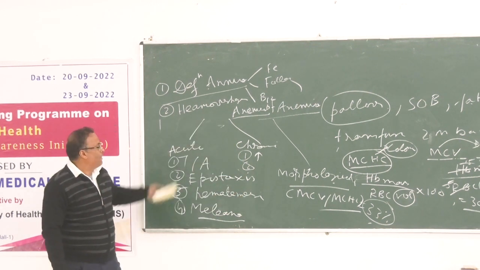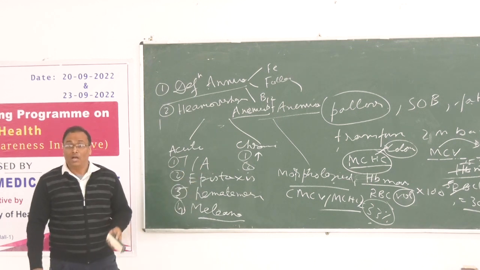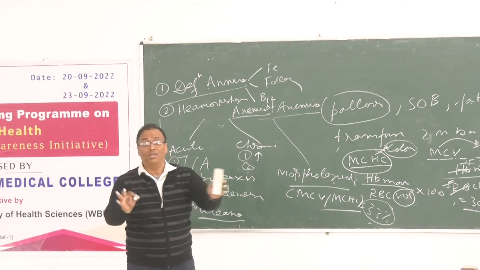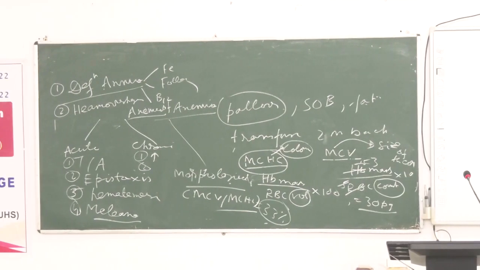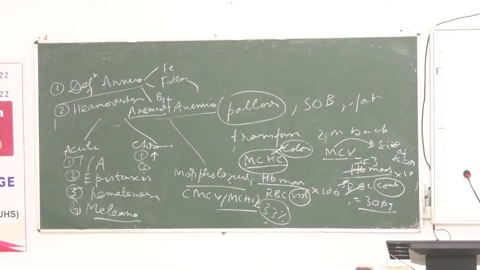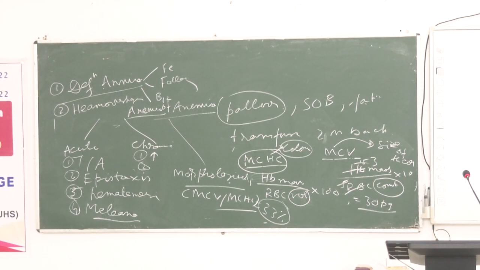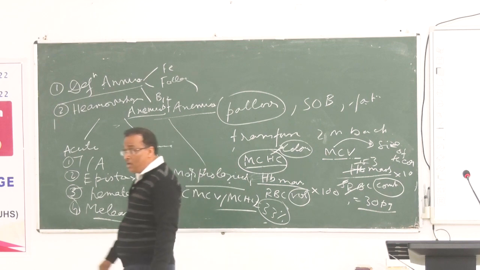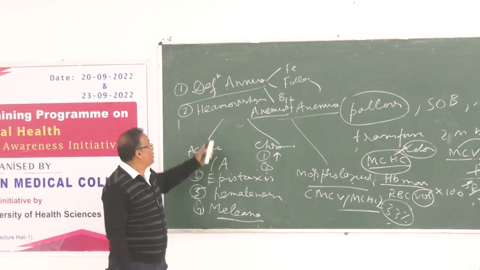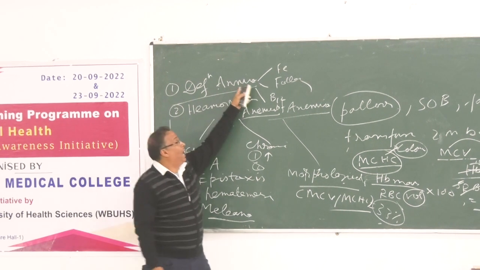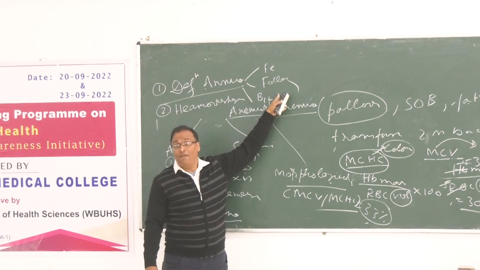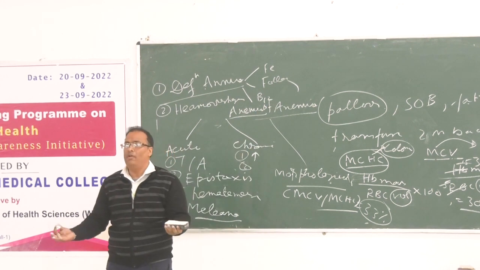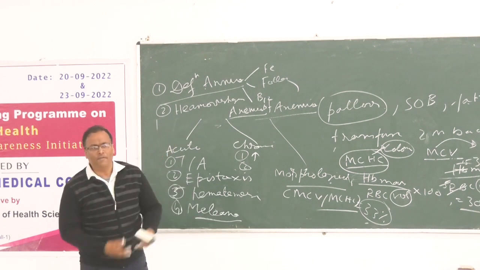So anemia develops, and treatment will be for the gynecological problem, not the blood. So you have to detect the cause of the anemia. Until then you will not treat the patient. That is why we have to understand the classification of anemia. Anemia causes: iron deficiency anemia, folate deficiency, vitamin B12 deficiency. If only iron deficiency is there, treatment will be iron.